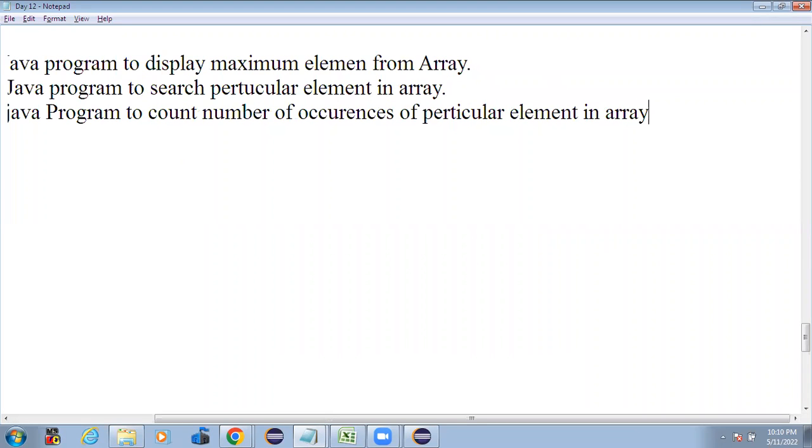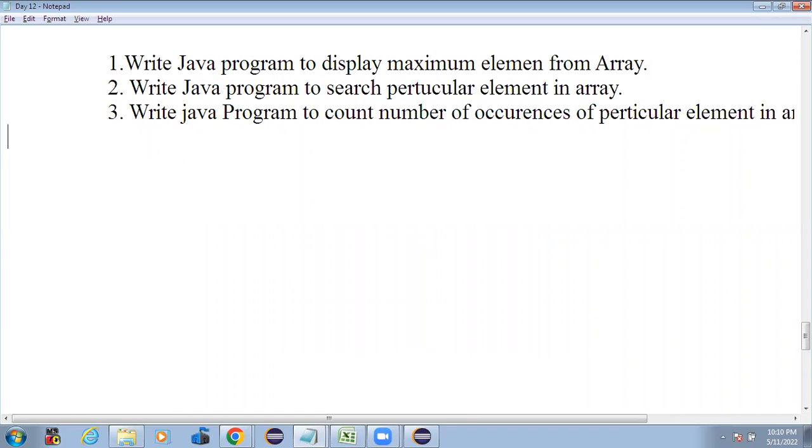That means that the particular element, how many times present in array, that you guys have to find. Or I can write the fourth question, like write a Java program